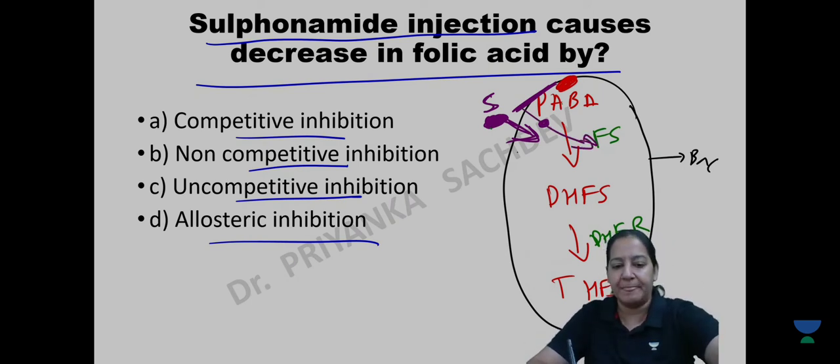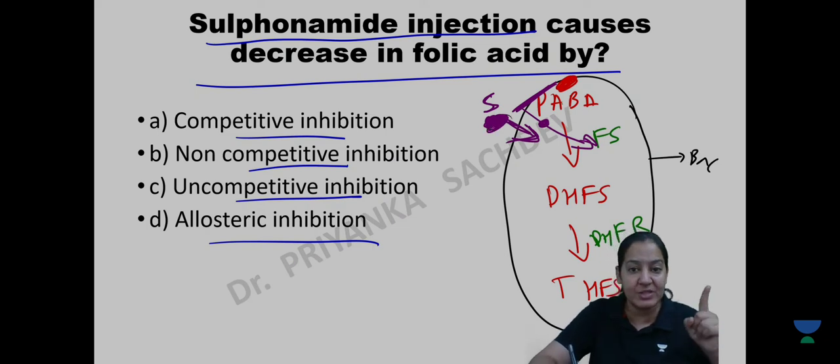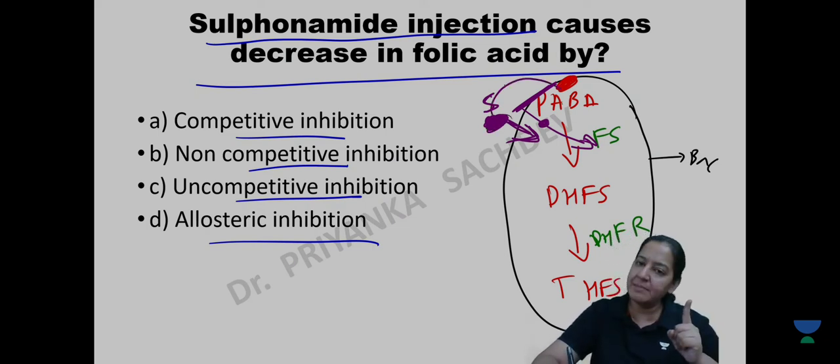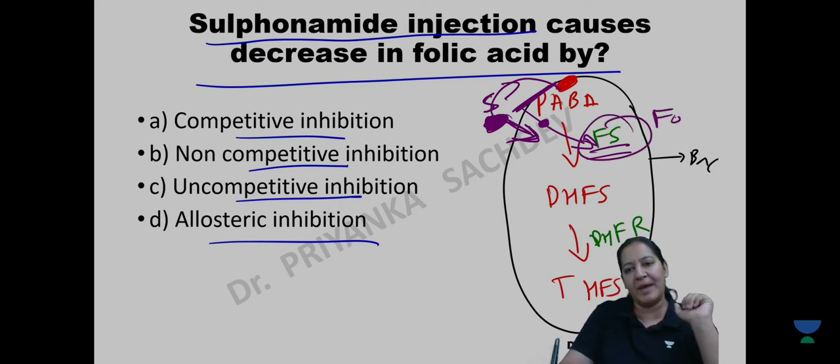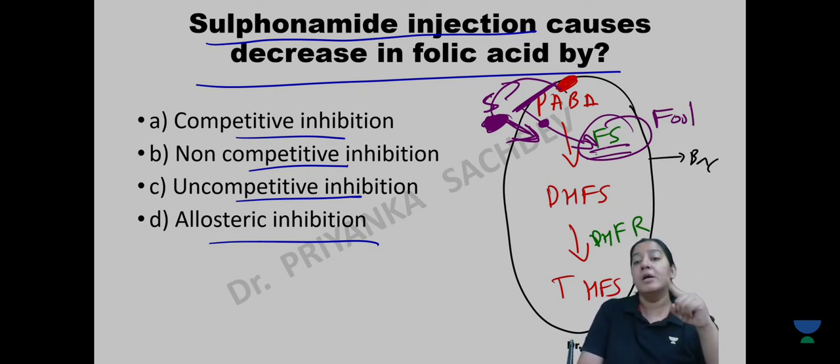Actually, listen to my words, this sulfonamide is structurally similar to PABA. एकदम similar है. इस FS मतलब folate synthesis को बेवकूफ बनाने के लिए we want to fool this folate synthesis. We want to make him fool, right? So we make sulfonamide a drug which is exactly the same as PABA. So this folate synthesis will think that this is PABA, right? So there's a competition between the two, right?